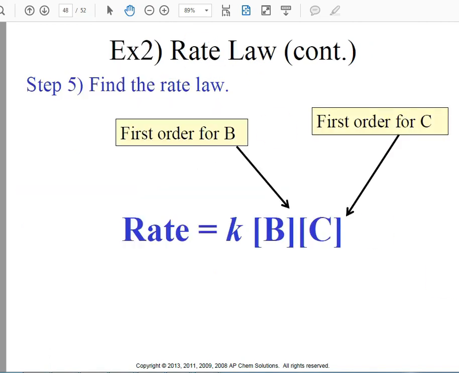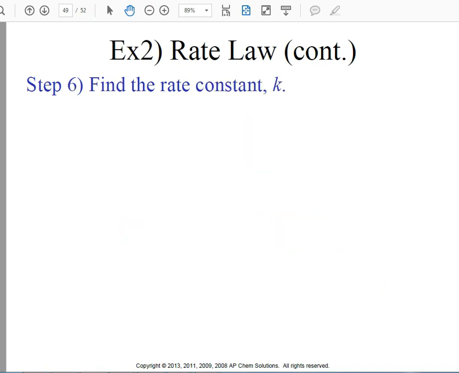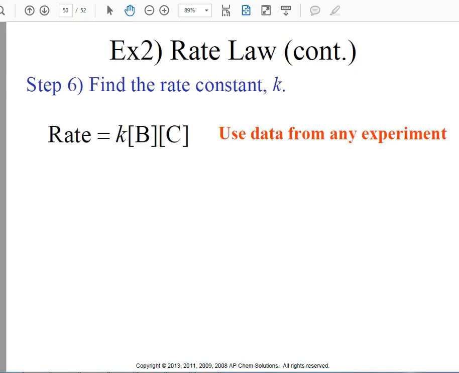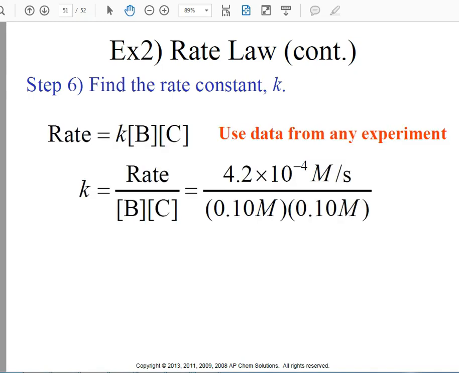So the rate law would be rate equals K, B to the first, C to the first. And you don't have to write the ones if those are your exponents. So rate equals K, B to the first power, C to the first power. Now if we want to find the rate constant K, we would use any experiment, 1, 2, or 3 that we would like, and just plug in our values. K is going to equal your rate divided by your concentration of B and C raised to their order, and they're both first order. So we pull data from any of those experiments that we would like,